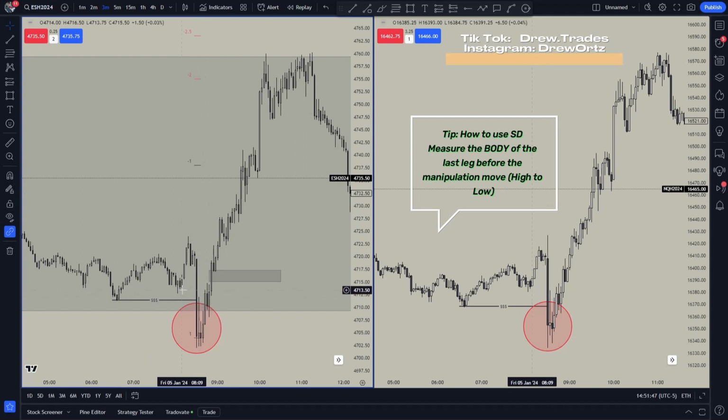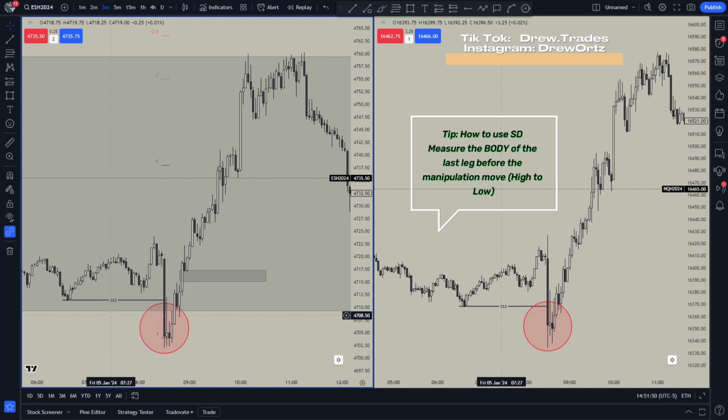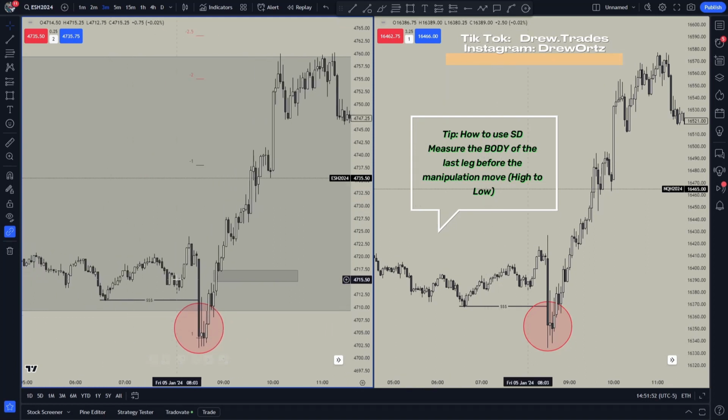Right, so this is how institutional traders or big institutions manipulate retail into thinking that we might be going lower when essentially they're manipulating them completely and we're going the opposite direction, right? So after we see this